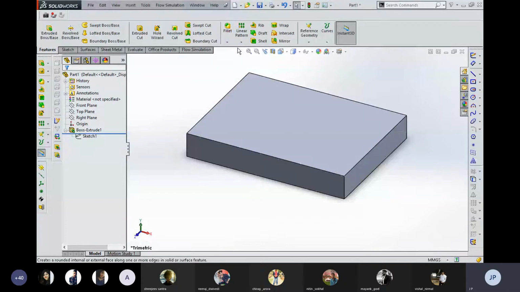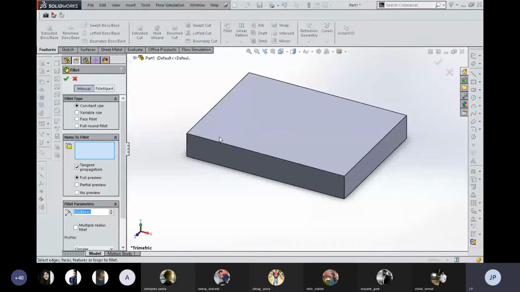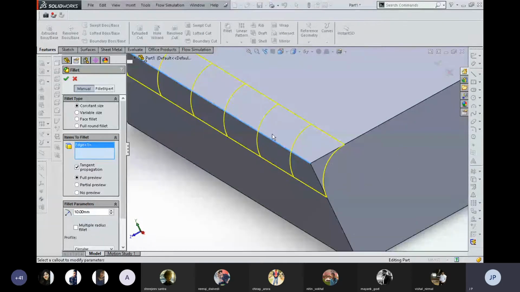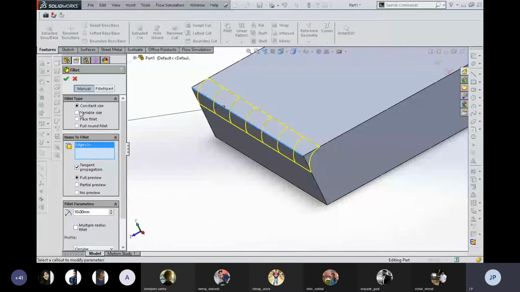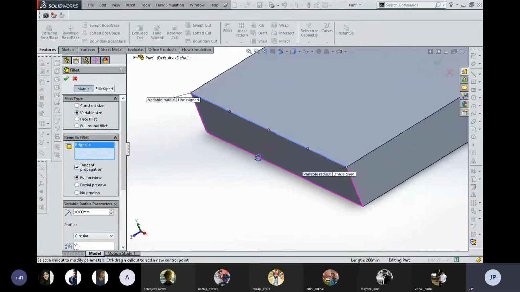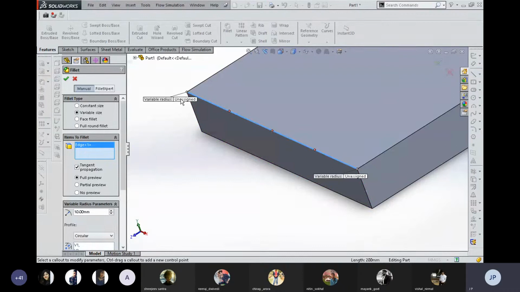For creating a fillet, you need to just click on that part and select any edge where you want to create the fillet. There are different modes which are available within this fillet, that is constant size and variable size. Right now the constant size is selected. So you can see that the whole fillet or the whole round edge which is going to be created is constant throughout the edge. If you want to create variation, with the help of this you can see that two things are now activated where you can fill the radius as per your need. You have to just fill the value. Now you can change this part.